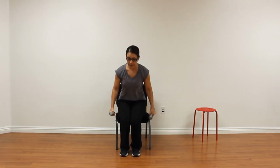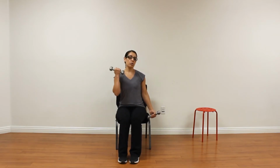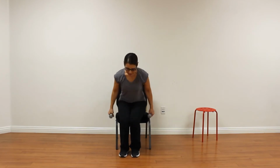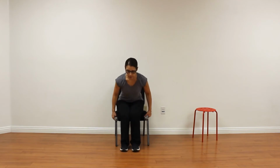If you are sitting at the edge of the chair, then it's the same thing. We're just down here. Back is straight and we lift and lower, lift and lower. And we want to make sure that we lift and that we lower. Again, we don't just want to throw the arm or let it go by itself, okay? All right, so I'm gonna sit back a little bit, place my chair against the wall so that it's a bit more stable. And I'm going to straighten out my back, sit up straight,